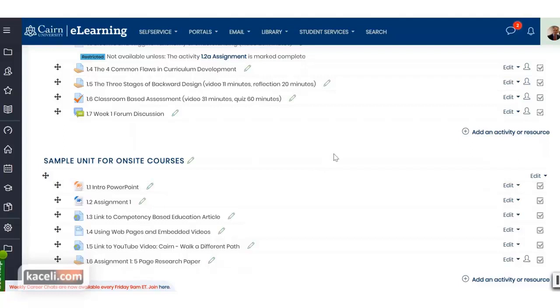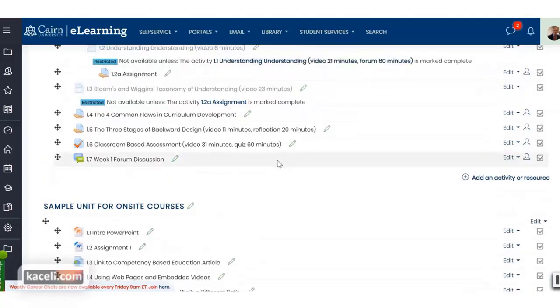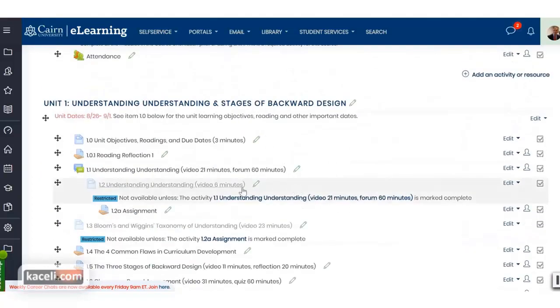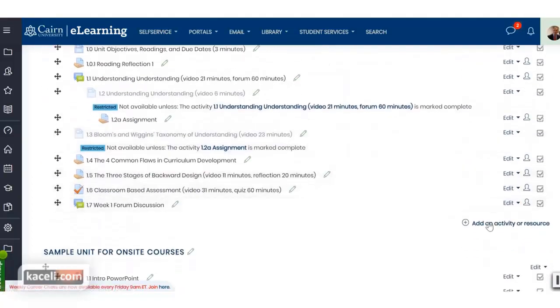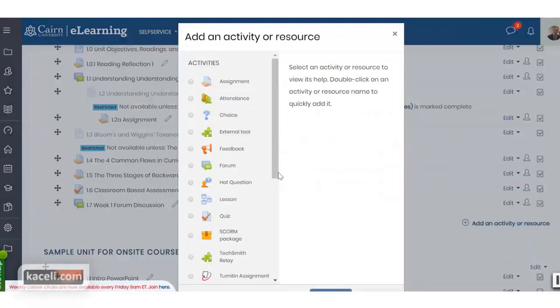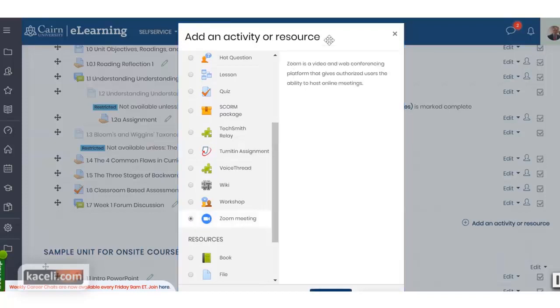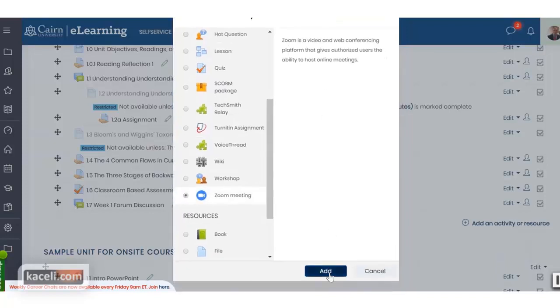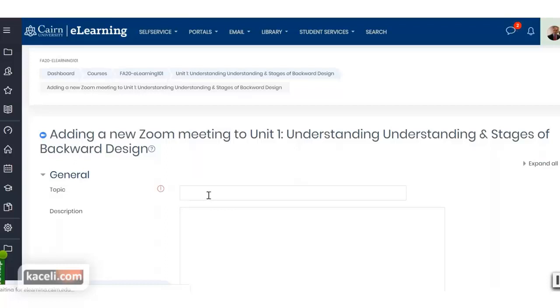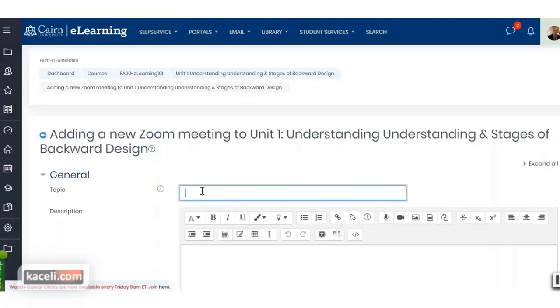So to schedule and configure a Zoom activity, we simply need to go to that particular week or unit in the course. Then we click under Add an Activity or a Resource, and then simply scroll down and choose Zoom Meeting. Then click on Add, and then provide a name for this item. I'm going to keep the numbers in sequence there, so I'm going to name it 1.8